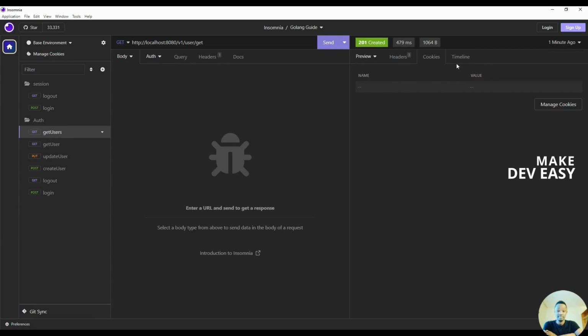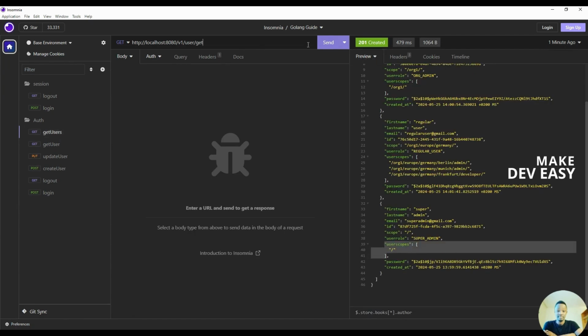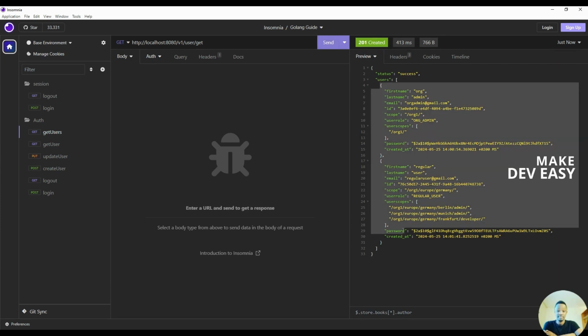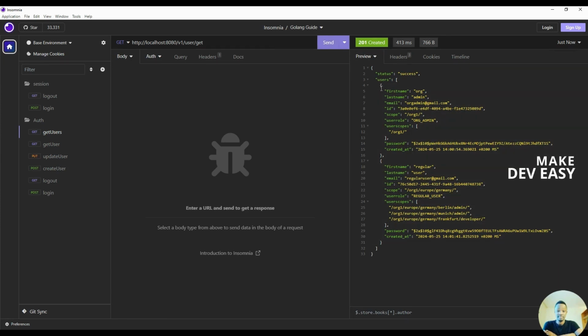If we go to get users, the same endpoint, and we make the request, now you see he doesn't even see everything. He just sees himself, who happens to be the org admin, and of course the regular admin. He's able to see the regular admin again because they belong to the same organization,